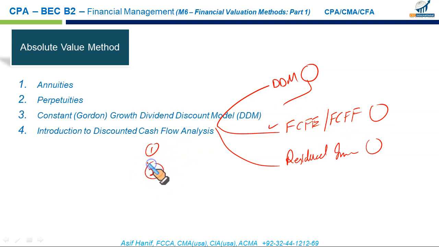Second step is to select the suitable discount rate, the desired rate of return, which we can establish using the capital asset pricing model we just discussed a little while ago. Once we have the discount rate available using the CAPM, the third step will simply be to bring all those future cash flows to their present terms. Bringing these future cash flows to their present terms will be the value of the equity. So this is what you call the absolute value method, where we use the actual or estimated dollar-based numbers you will receive in the future and discount them to the present value.